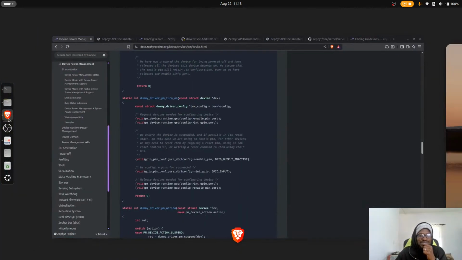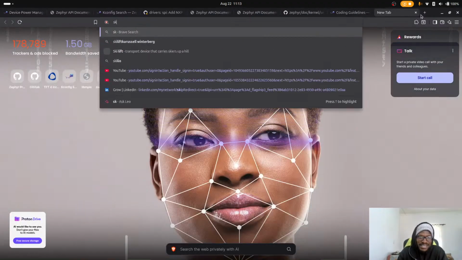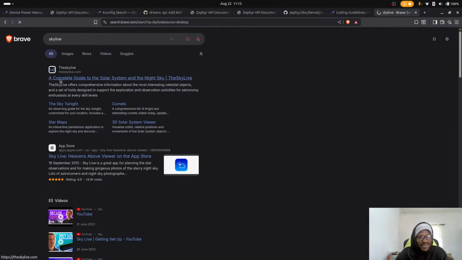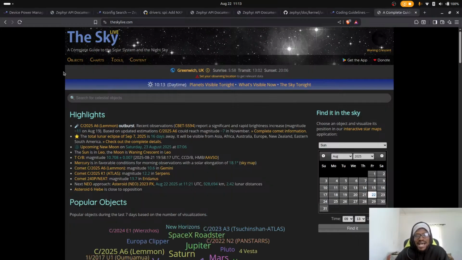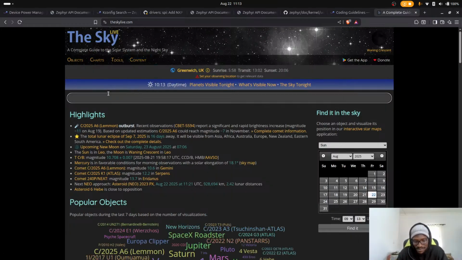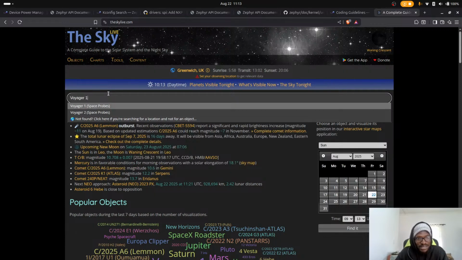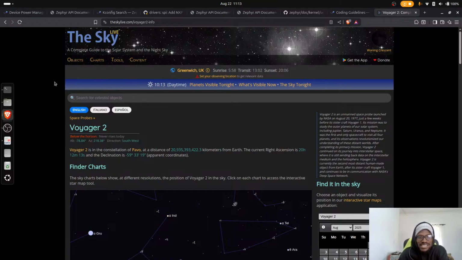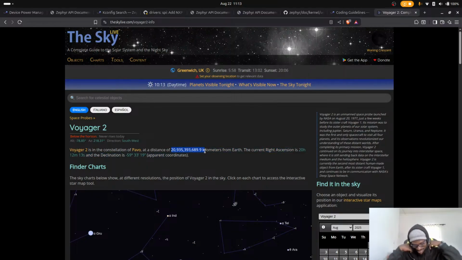So think about things like, we have robots in other worlds. I want to see where Voyager 2 is right now. So we have a robot right now that's funny because, oh, so many things. Last night it was 25 million kilometers away from Earth. Today it's 20 million kilometers away from Earth. And it doesn't really matter, but the point I'm making is,